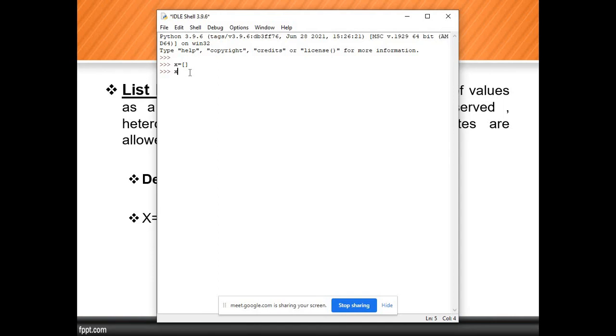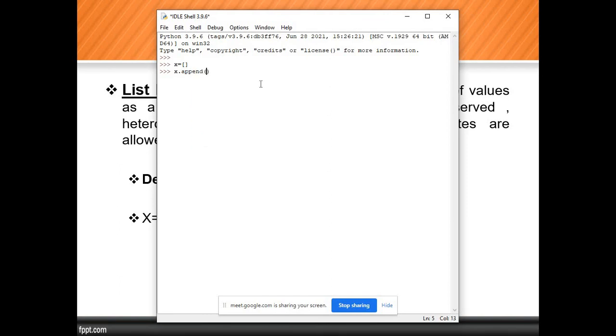So here I am using x dot append. So here is a function. These are a few functions: pop, insert, index. We'll discuss them in detail later. After completion of the loop operation we'll discuss these functions, but right now just use the append function to add the elements.